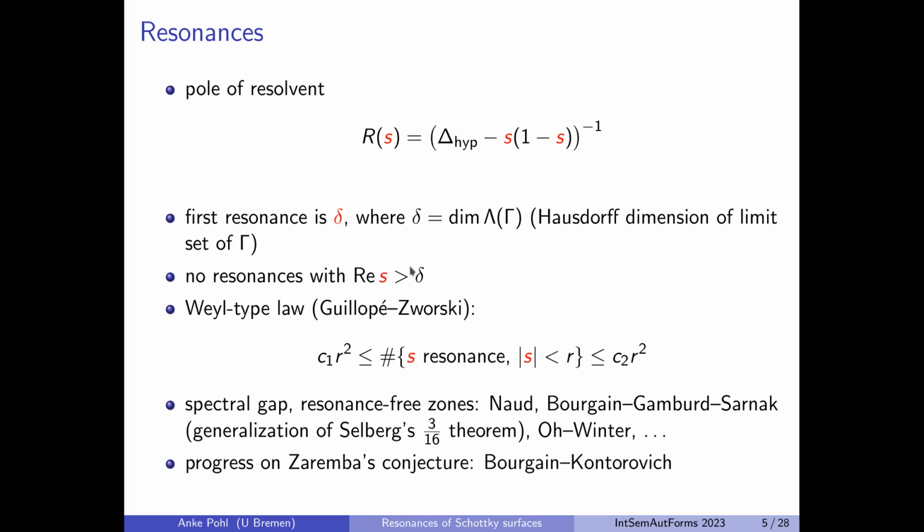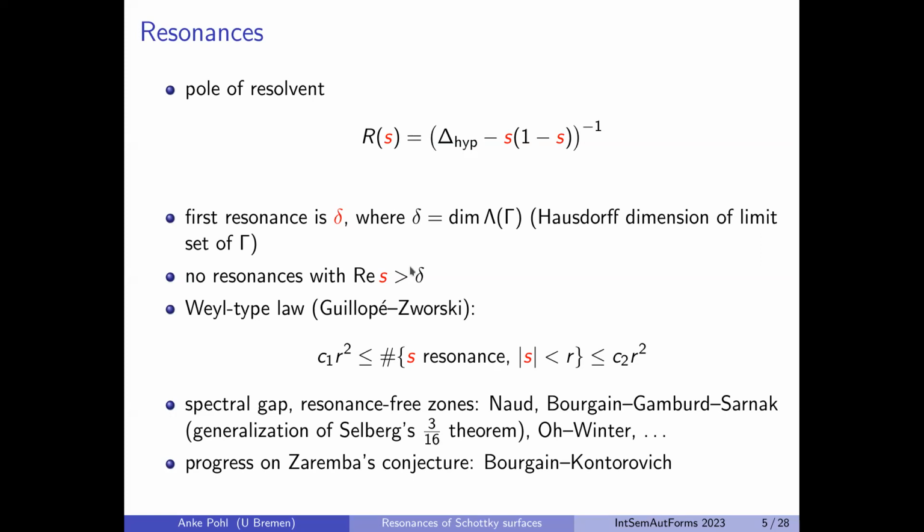The Weyl law would have a constant, so it would be an asymptotic, but for infinite area surfaces, this is not known. We only know these asymptotics as an upper bound and a lower bound. So it's not clear what these constants here are and how they are related to each other. It's also really not clear, not even from numerics, if we can expect these constants to be the same or if they are different. So this is just the state of the art at the moment.